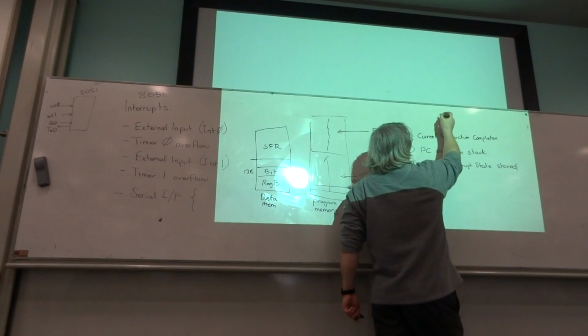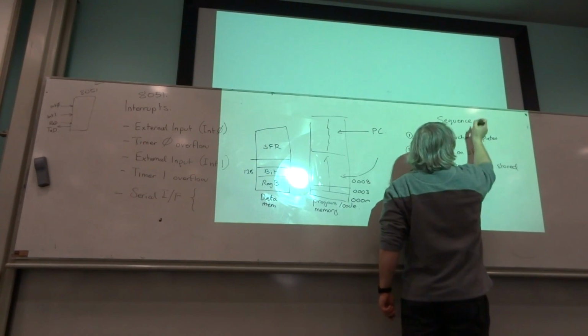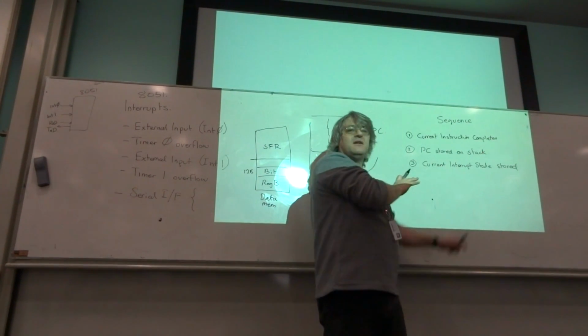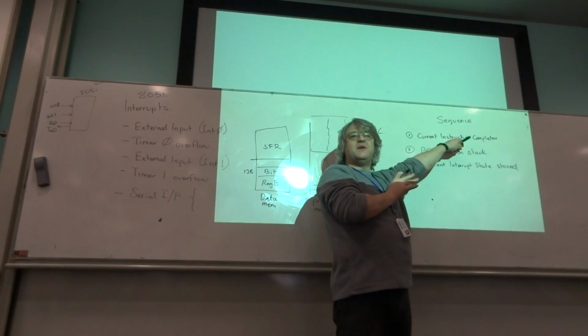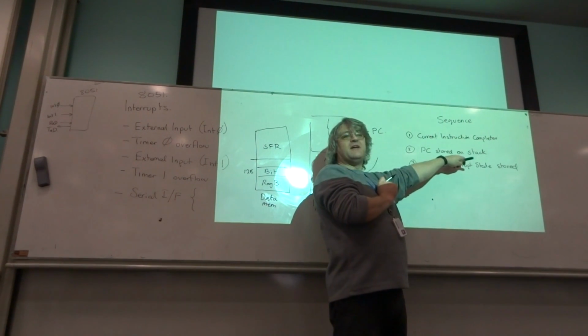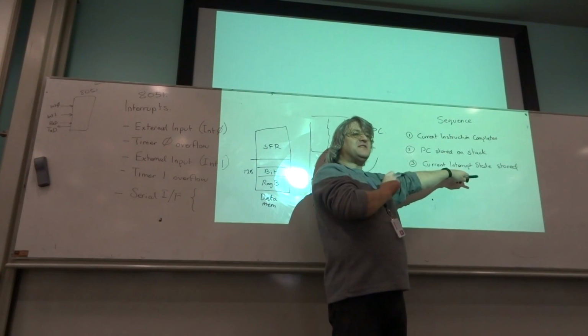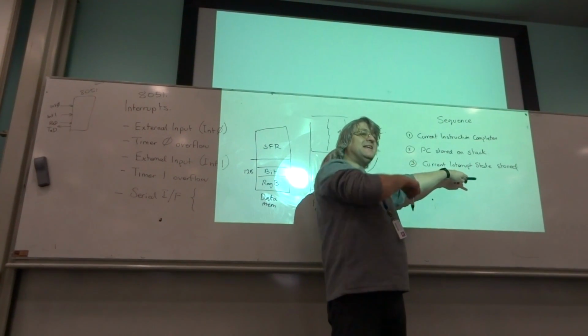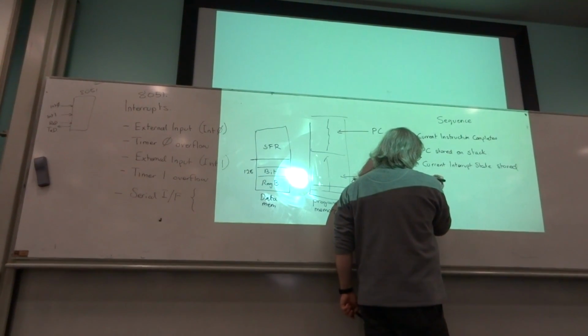So, the sequence of actions. Whatever you're doing, even if there's an interrupt, you don't stop halfway through an instruction. You complete doing whatever you're currently doing. You finish that one instruction off. But at the end of that, the program counter is stored on the stack. You remember somewhere what the current state of the interrupts is at the time that you are here, because you could already be in an interrupt. Then you update